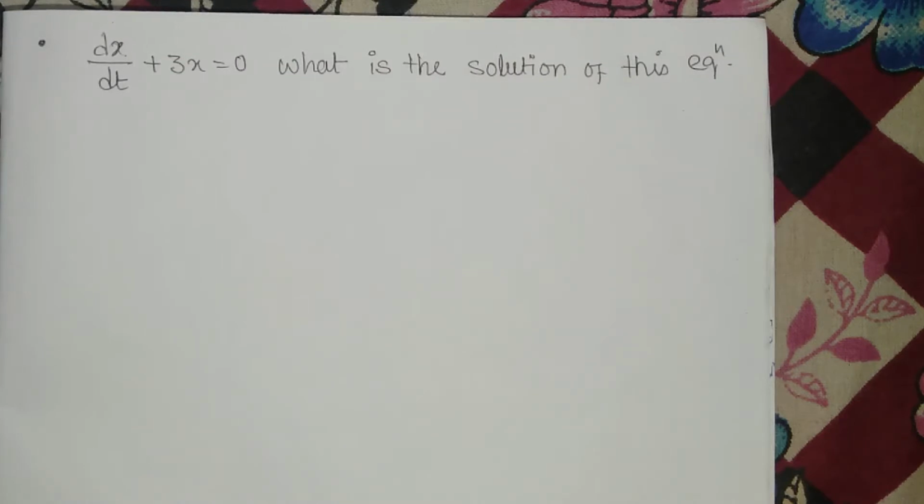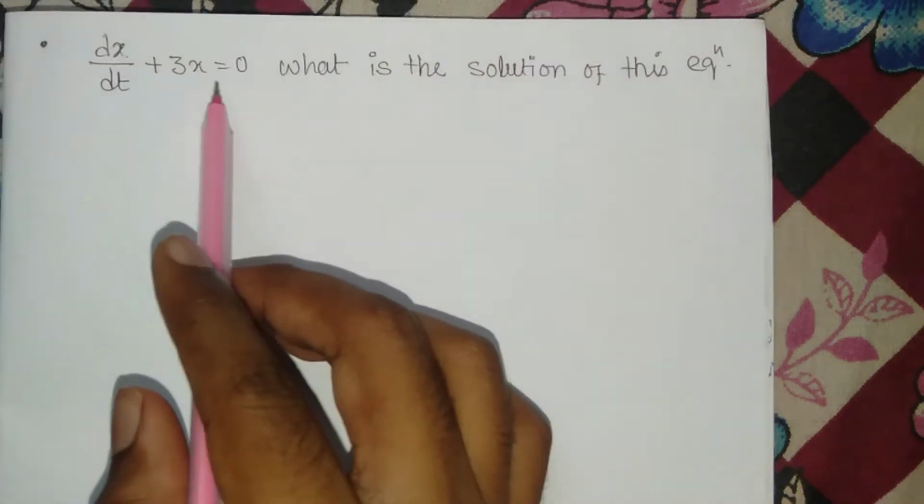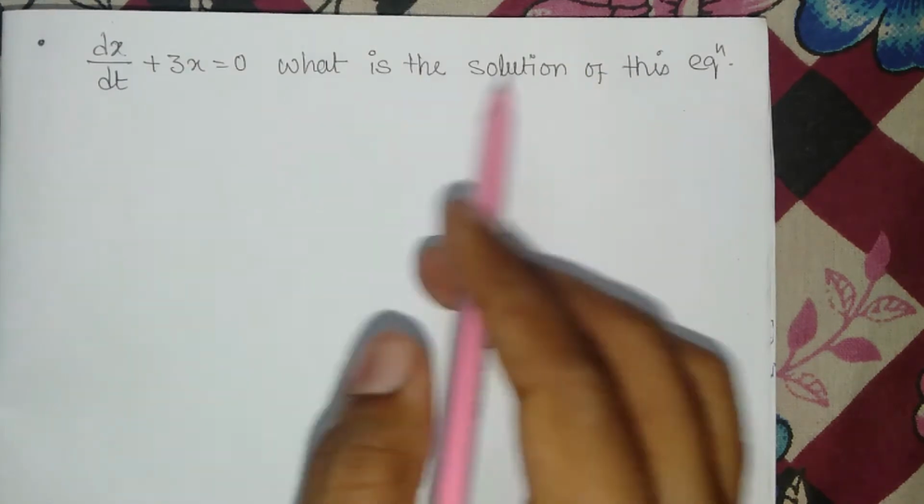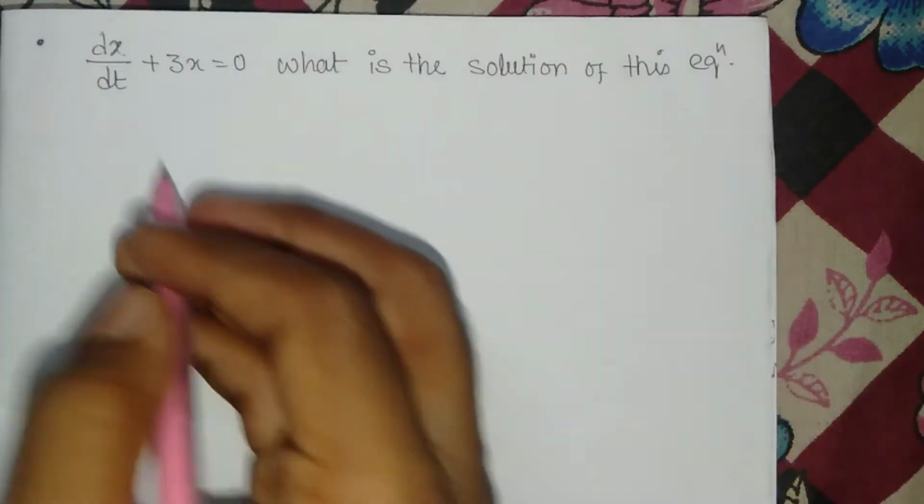Today our new problem is dx/dt plus 3x is equal to 0. What is the solution of this equation? First,